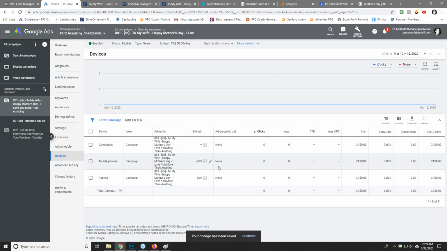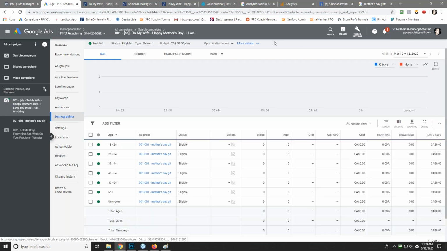This little trick can turn a losing campaign into a profitable one because people buy more stuff on their computers than they do on their phones and their tablets. Now, they might look on their phone and they could still buy on their phone, but we want the bulk of the traffic to come from people searching on their computers, and Google allows us to do that. Okay. One other thing, demographically,